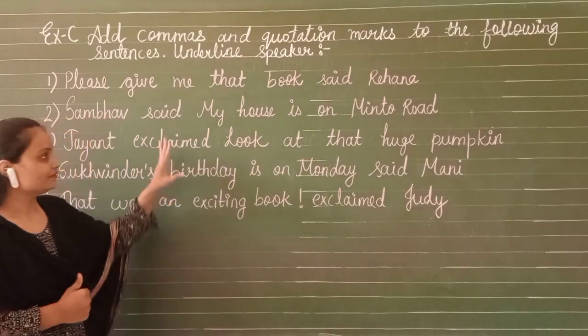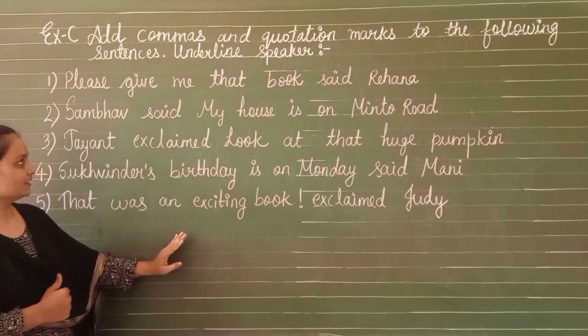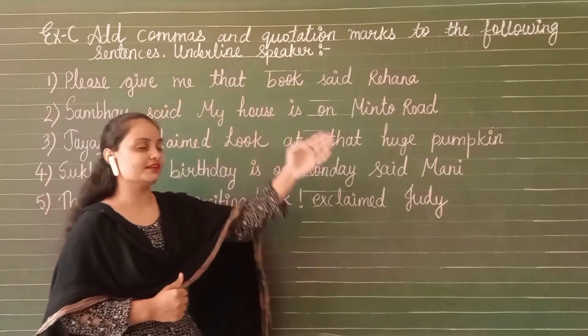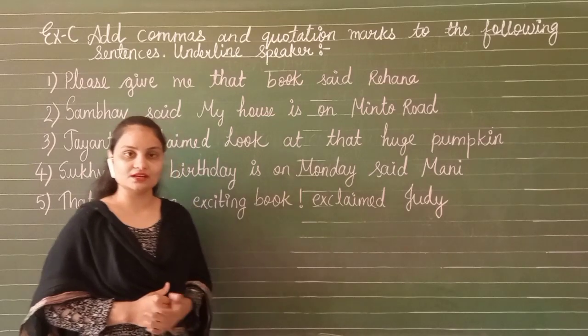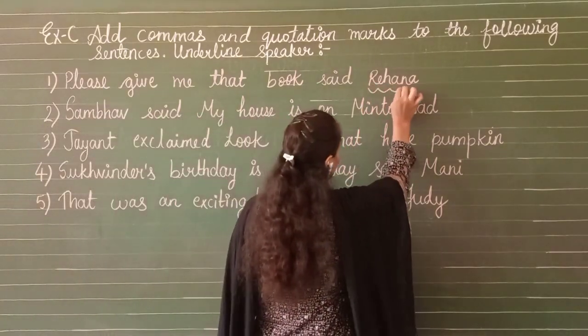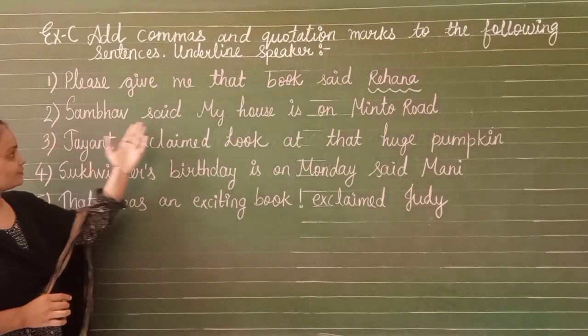First of all, we will underline the speaker in all the sentences. First is, please give me that book, said Rehana. Who said please give me that book? Rehana. Then Rehana is the speaker. So first of all, underline Rehana. Next sentence is, some birds say